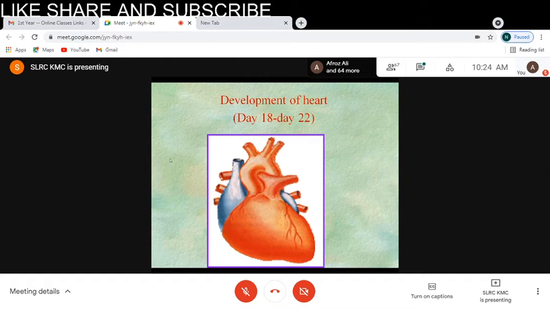And this is the animation of the heart pumping। The process begins by day 18 and is complete by day 21 or 22. The heart begins to pump, although the pumping at that time is not like this as shown in the figure, that is somewhat peristaltic movement।